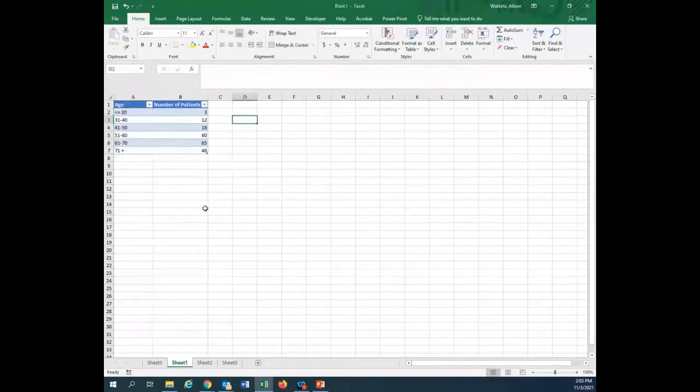I'm going to start with this one. I built this myself, and I just used the data that's at the top of page 211 and built the data. So what I want to do is take this data, and all I have to do is click anywhere in